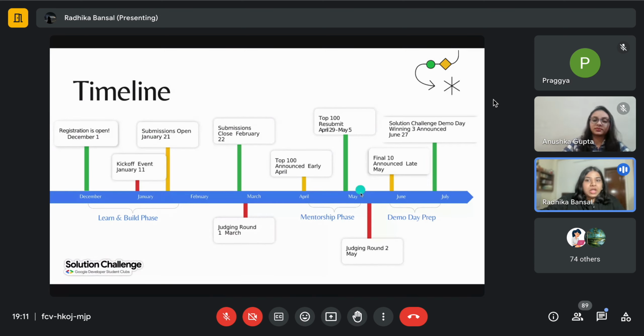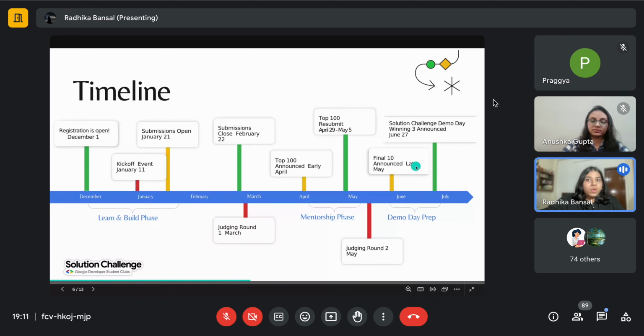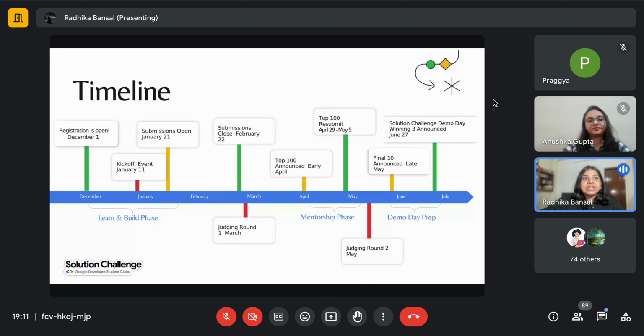And this cycle will repeat. There'll be another judgment round, and the final 10 will be announced in late May. These final 10 teams will give their live demo presentations on YouTube to the whole world in July. Following that, the 3 winners will also be selected. We'll come back to this kickoff event and what it is. But basically, if you make it till the end, this process goes on till July for you, and it's